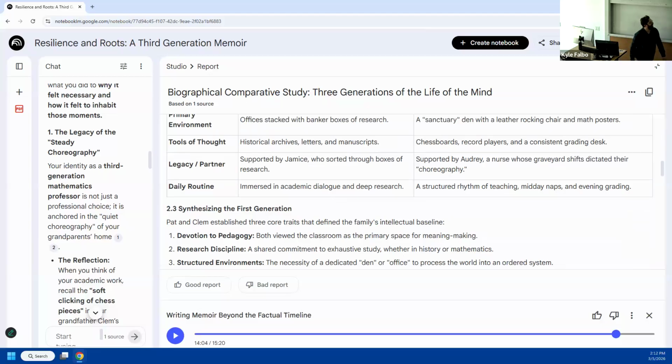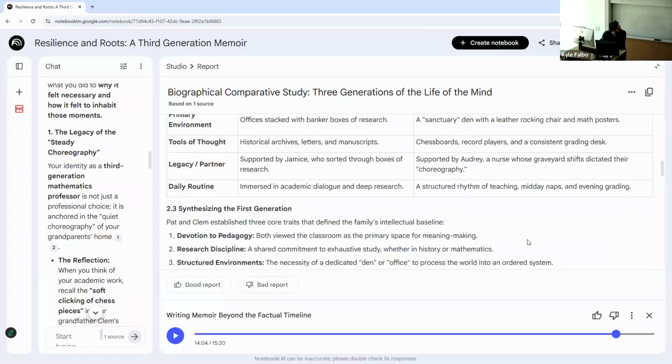And then there's this comparison structure, right? Tools of thought, legacy, daily routine. So while my grandfather on my mother's side had an office stacked with banker boxes of research, my other grandfather's was a sanctuary den with a leather rocking chair and math posters, right? So there's this comparing and contrasting happening between those different elements of those characters.